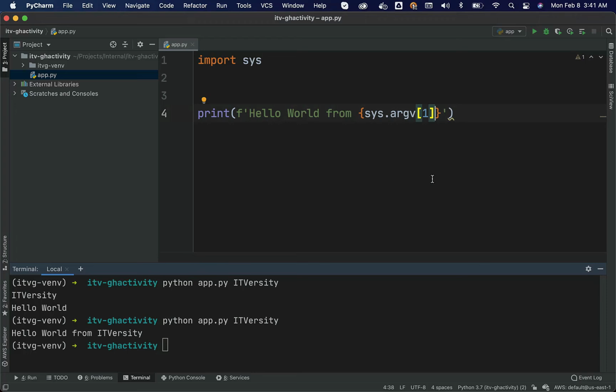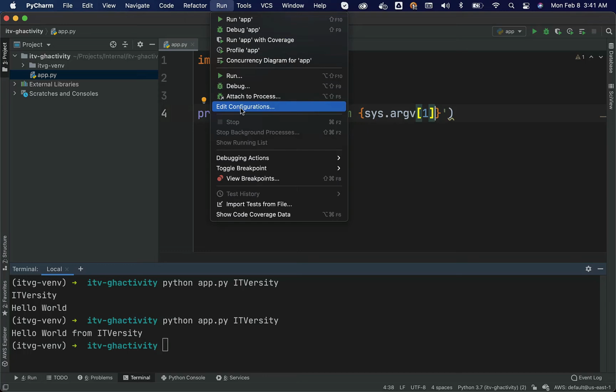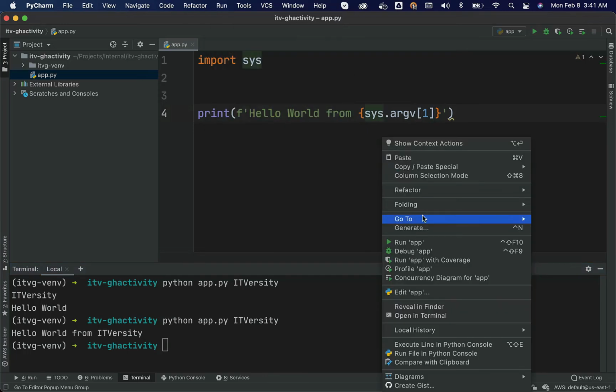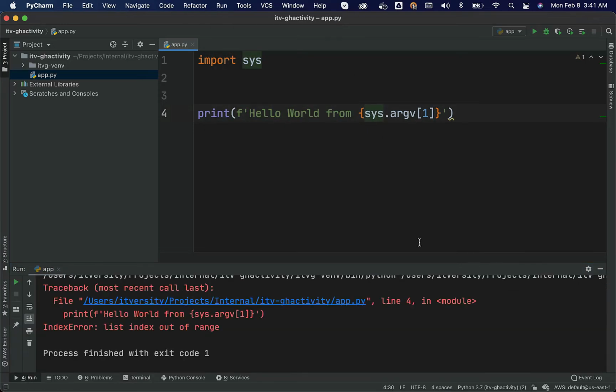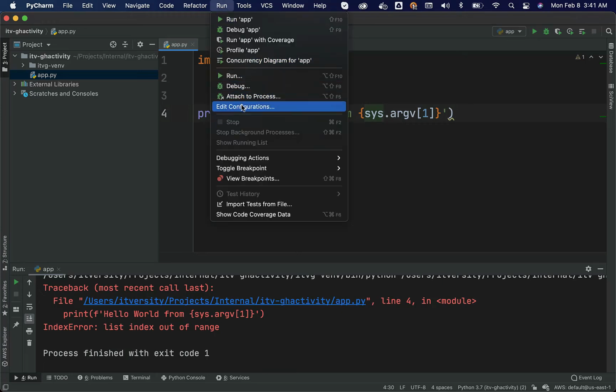We can also validate directly using PyCharm. At times you might want to just use PyCharm and make sure that all these arguments are saved and you can run whenever you want. For that you have to use something called runtime configurations using PyCharm. You can actually access those by going to run and by clicking on edit configurations. Before getting there, let me run this and see what happens. It is failing saying list index out of range because we haven't configured any runtime arguments as part of PyCharm IDE. To take care of setting up runtime arguments, you can actually go to run and then say edit configurations.